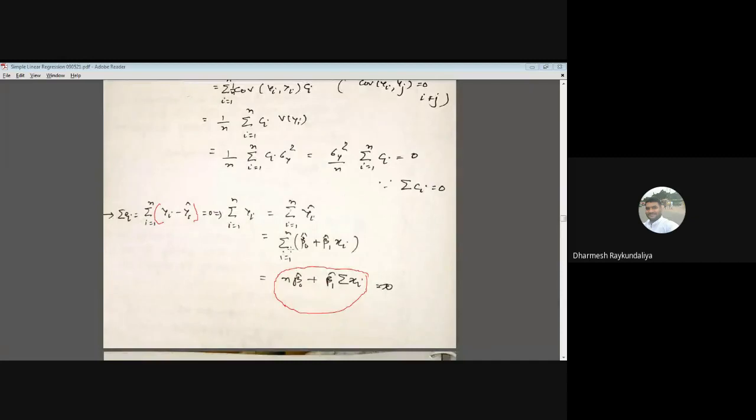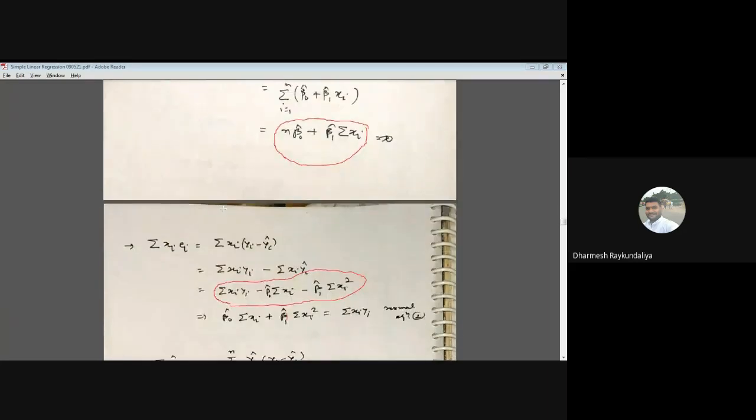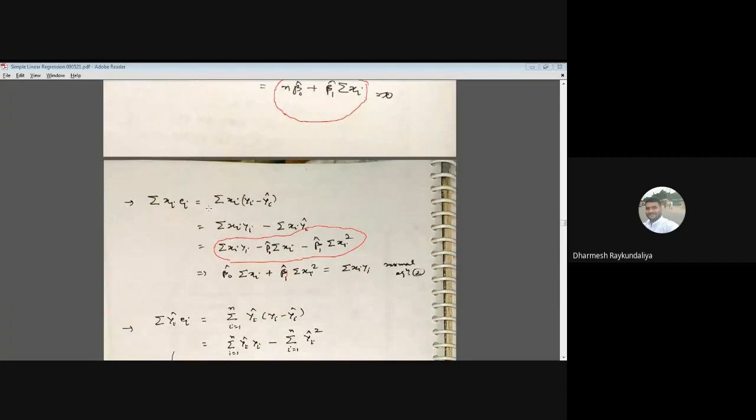यही मिला आपको summation yi equal to this. So this is nothing but the first normal equation. लेफ्ट हैंड साइड ले जाएंगे तो क्या हो जाएगा 0. तो वही लिखा है उन्होंने, लेफ्ट हैंड साइड में ले जाएंगे तो 0. एंड सेकेंड xi ei, इसको आपने अगर 0 कहते हैं तभी ये आपका नॉर्मल इक्वेशन आएगा. सेकेंड नॉर्मल इक्वेशन तो summation xi y equal to this. So that is how the xi ei is 0.